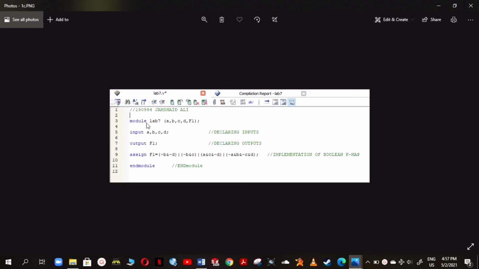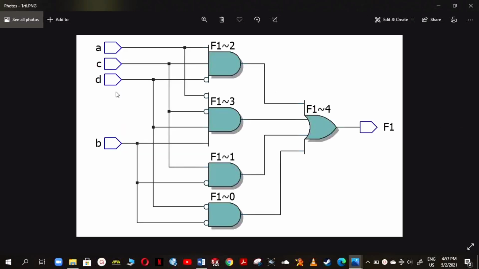So this is our reduced form of Boolean expression which I got from the Karnaugh map, and then I wrote its Verilog HDL code. First of all I declared all the inputs and outputs, and then defined all the inputs and outputs, and then I assigned the equations and then ran our module. After running our module I checked its RTL view. So this is our RTL view which clarifies how all the inputs are going, and then our output is obtained with the help of an OR gate. So these are our 4 AND gates with the help of our 4 Boolean expressions, and after summing them with the help of the OR gate I got its output which is equal to F1.